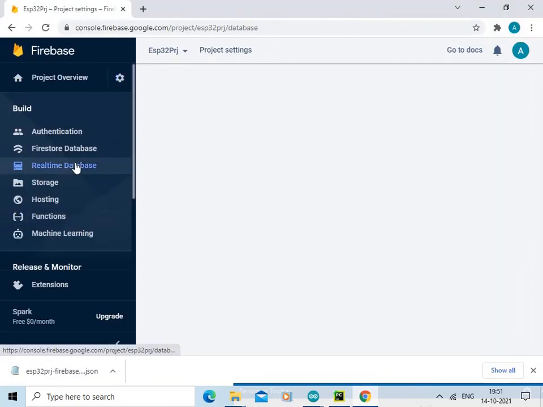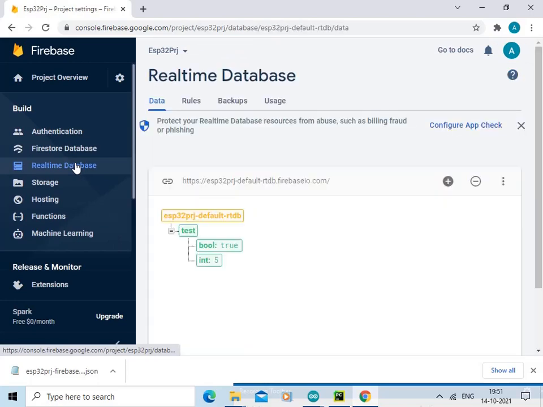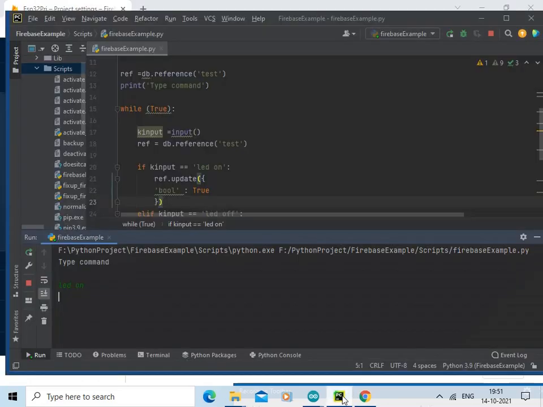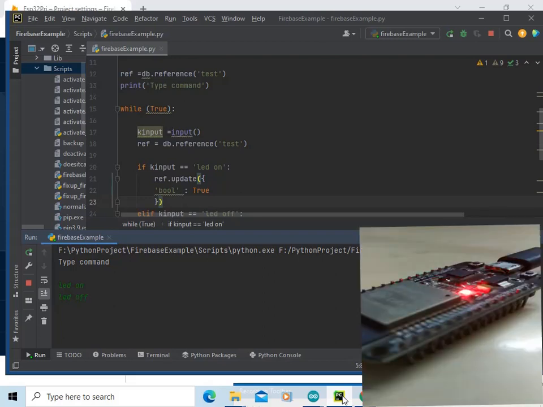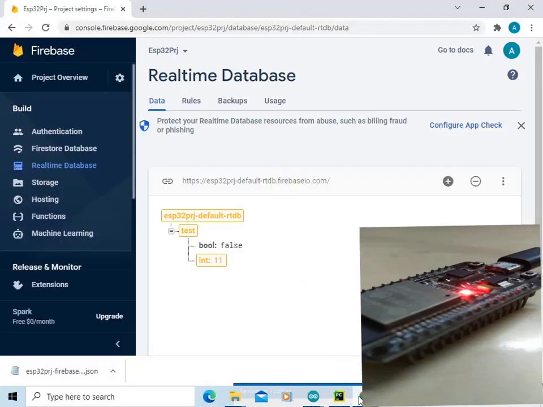Go to the real-time database. Here you can see the bool value is true. Now let us type LED off and press enter. So LED on the ESP32 board is off, and here the bool value is false.